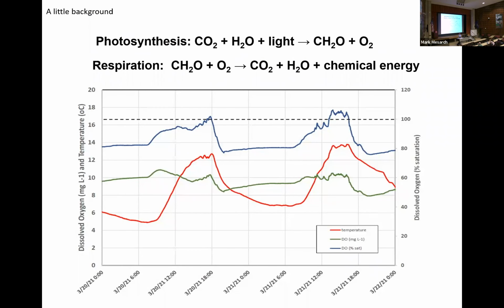So stream food webs are connected to the organisms at the base of the food web that take carbon and nutrients and transform them into these forms that are available for higher trophic levels. The way that we're able to model metabolism, or the combination of GPP, or gross primary production, and ER, or ecosystem respiration, is by monitoring changes in oxygen concentration relative to